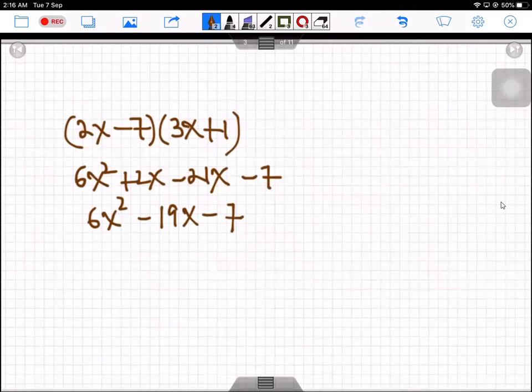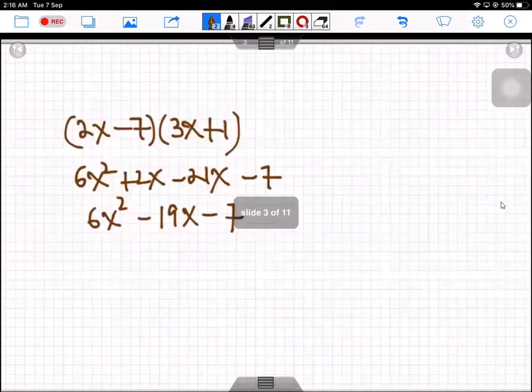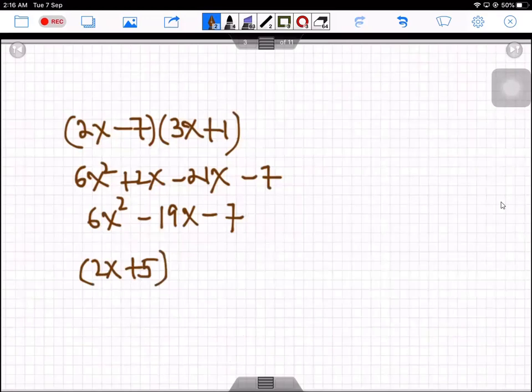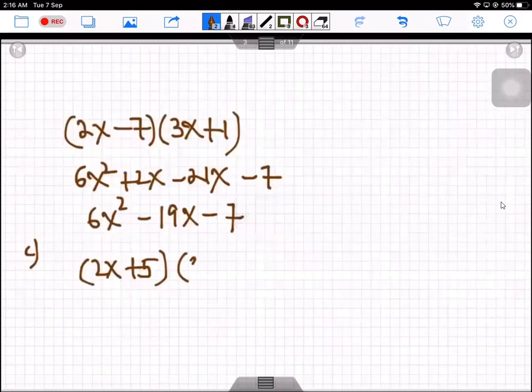This was question number 2 part B. Now let's have a look at question number 2 part C. 2x plus 5 multiplied by 3x minus y plus 2. So the expansion will go in the same sequence, like 2x will be multiplied by 3x, then 2x